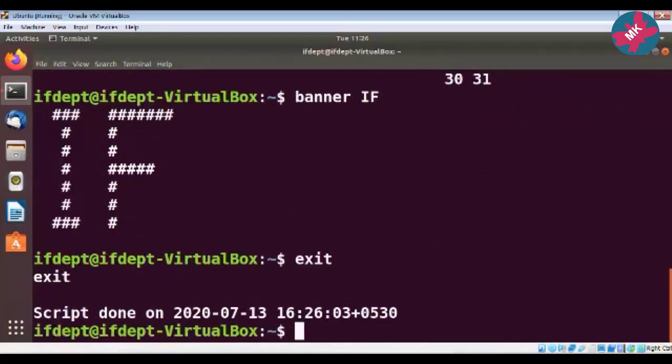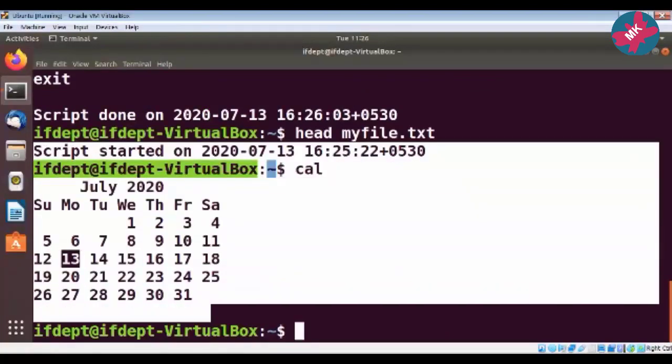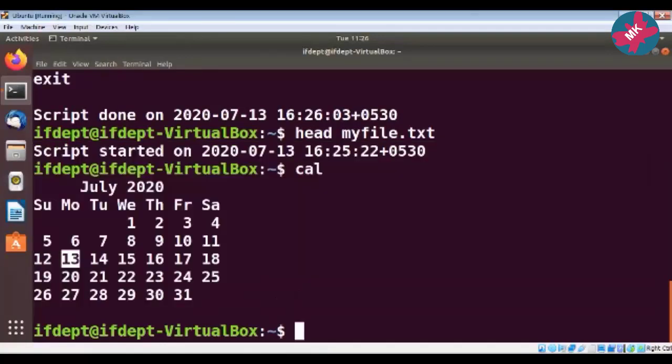What the head command does is display by default 10 lines. If I type head myfile.txt, see here, the first 10 lines are displayed. By default 10 lines are displayed. Now suppose I want only 5 lines displayed.